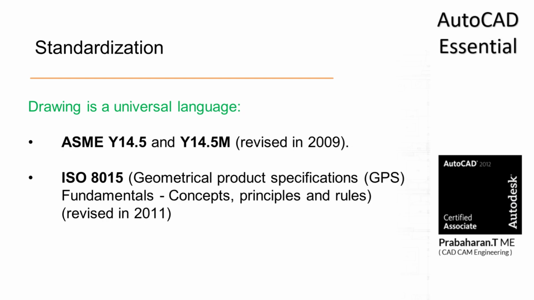Okay. Now, you want to go for dimensions, and what standard are we going to follow? In India, we follow some standards. If you go to Japan, they follow some standards. If you go to the UK, they follow some standards. If you go to America or Canada, they follow some standards. But AutoCAD is a global platform. We are going to use an international standard called ASME. This is an internationally recognized standard. It is equal to ISO 8015, which was recently revised. So the same standard we are going to follow in our AutoCAD also.